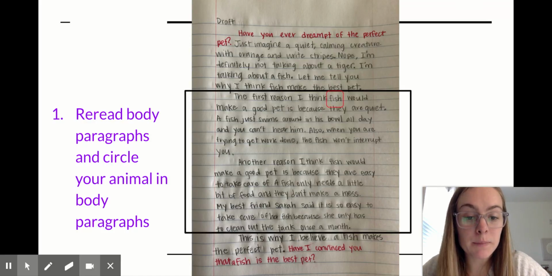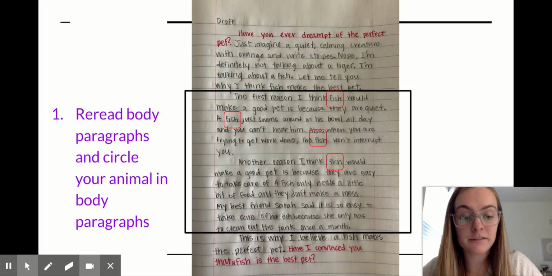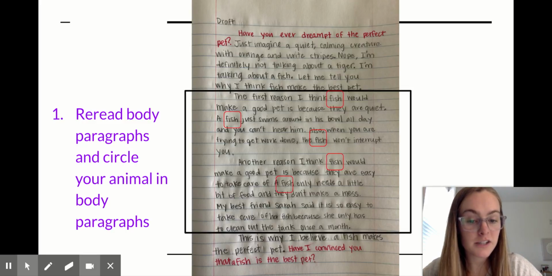would make a good pet is because they are quiet. A fish, I'll circle fish again, just swim around in his bowl all day and you can't hear him. Also, when you are trying to get work done, the fish, circle fish again, won't interrupt you. Another reason I think fish, I'll circle fish again, would make a good pet is because they are easy to take care of. A fish, I'll circle fish, only need a little bit of food and they don't make a